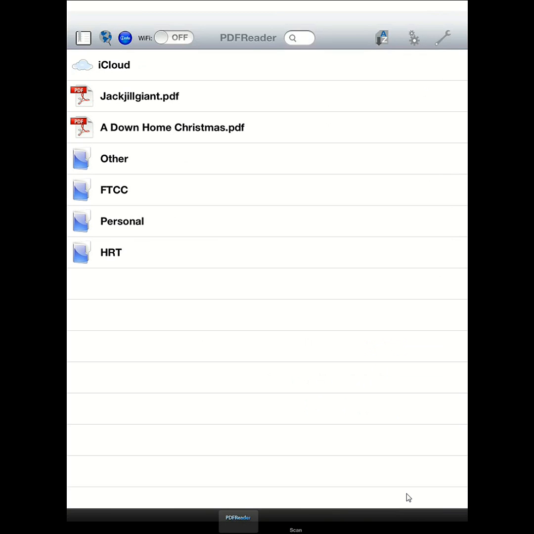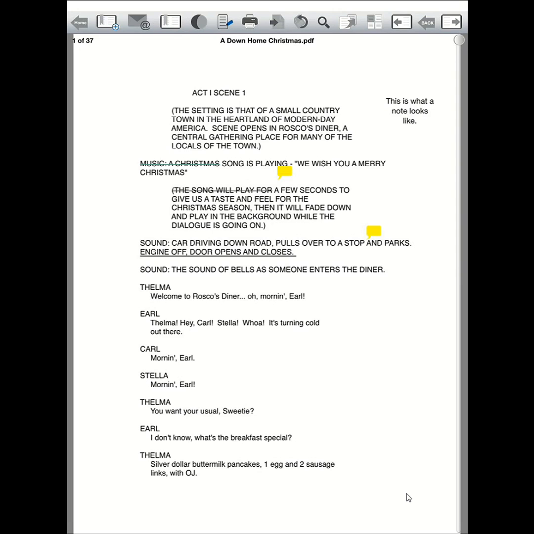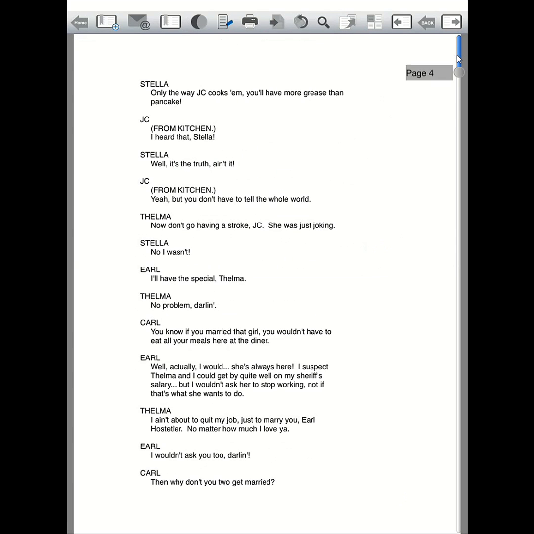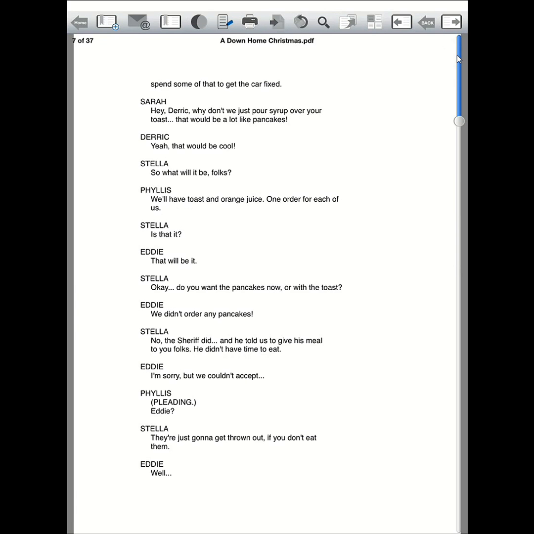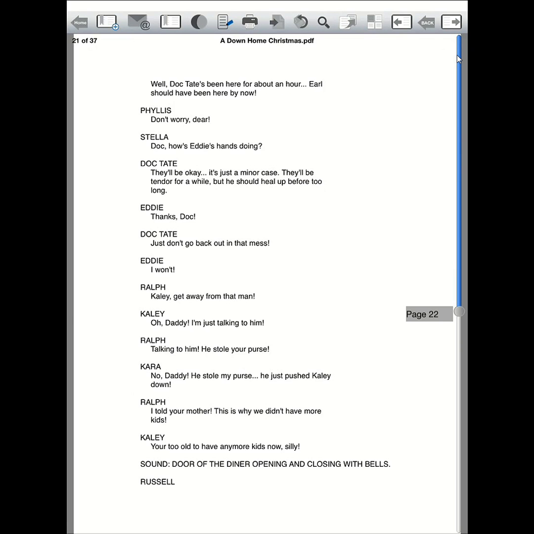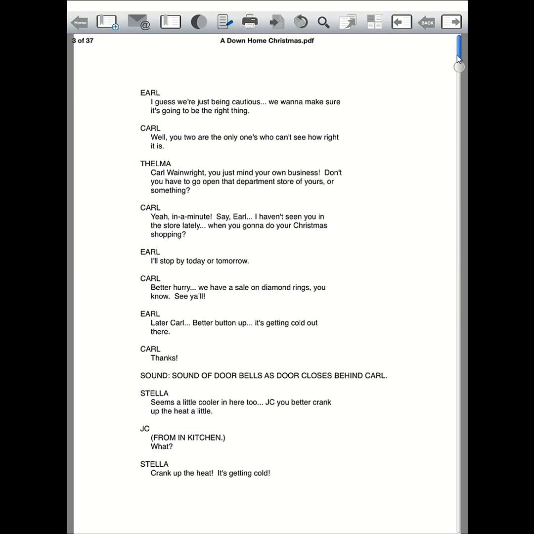Say done. Now we're going to look at one of the PDF files in the actual viewer so we can see. So if you look at it, it looks just like any other PDF file or any text file, but allows you to scroll down. If you grab the little scroll here, you can scroll down to the next page or however many pages. This one actually has about 37 pages in it. So you can scroll to any page. You can also just swipe it